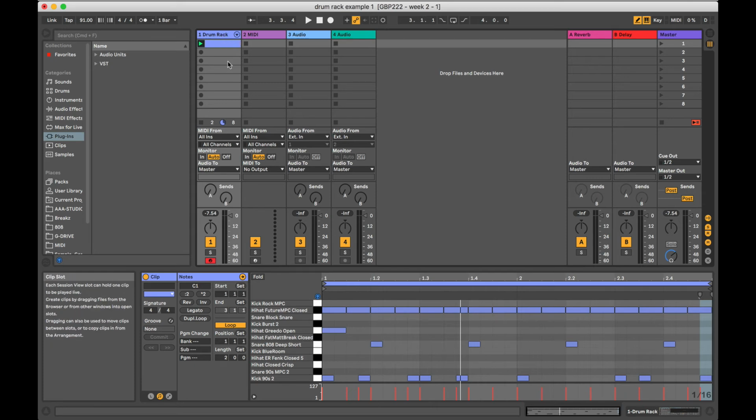So that way you have a nice compact drum track instead of having 20 faders all there every time. You can kind of hide them away and only open them up when you need them, which is pretty beneficial in my personal opinion. So something else you can do is once you have a clip like we just created,